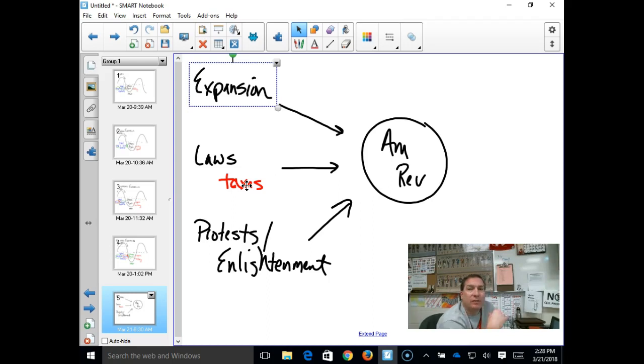So compared to your competition, who's going to write out a three-tax list, Sugar Act, Stamp Act, Tea Act, and they're going to argue that that's what caused the revolution, my argument is going to be that the prohibition on expansion caused by the Proclamation Line of 1763 and the new taxation that took away salutary neglect is going to lead to protests and the Enlightenment movement that is going to cause people to rethink what it means to be an American, that you are now no longer a British citizen, but you are an American colonist.